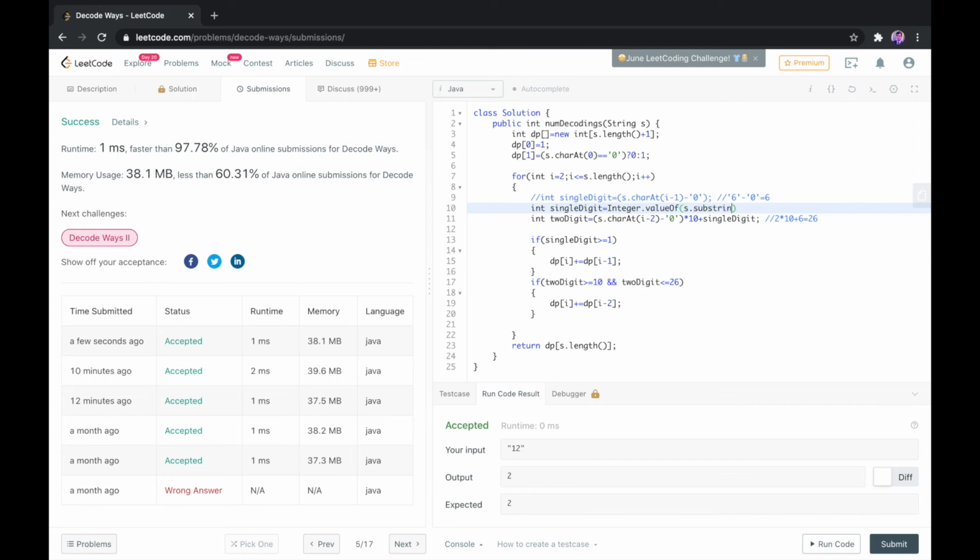So in this method, we are using a substring function that is particularly used for strings. This line is going to extract all single digit substrings and then convert them to integers. Similarly, we'll do it for 2 digits also.